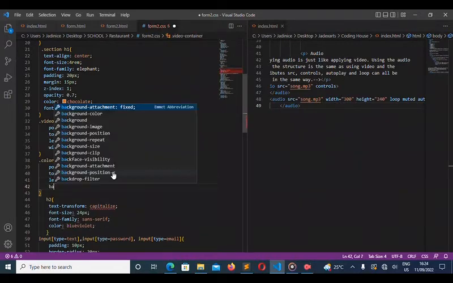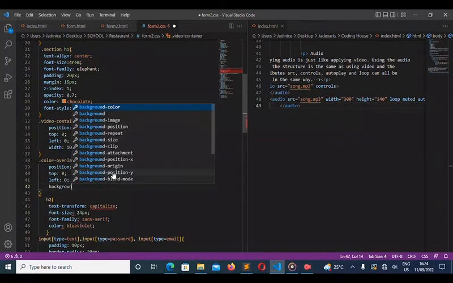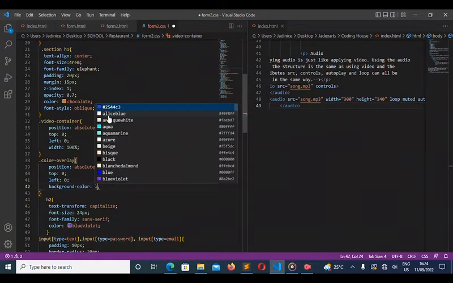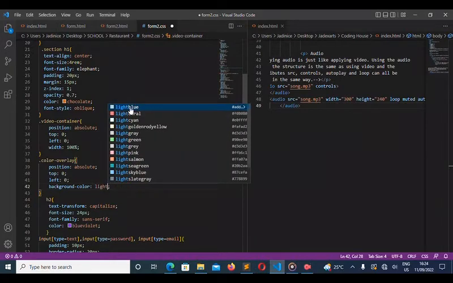The background color, to make it bright, you can use any bright color that comes to mind. What comes to mind on mine right now is light blue. I just love the color blue.